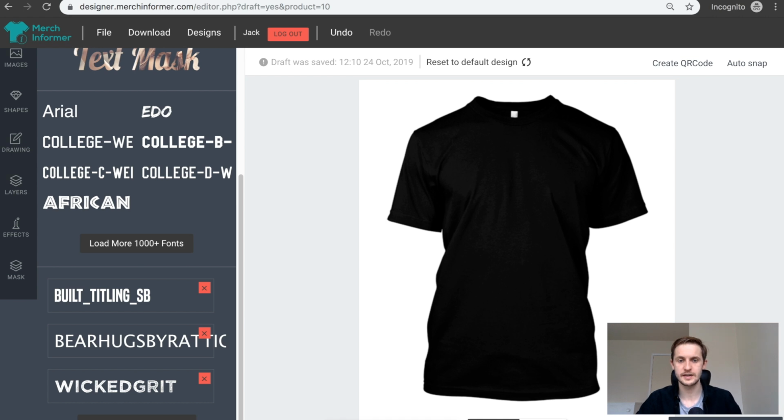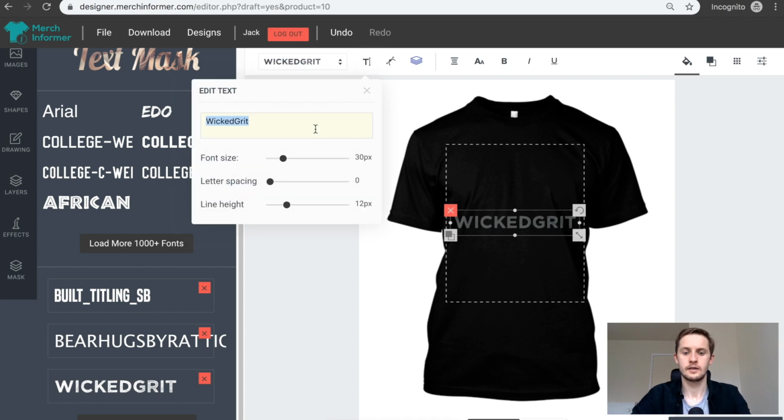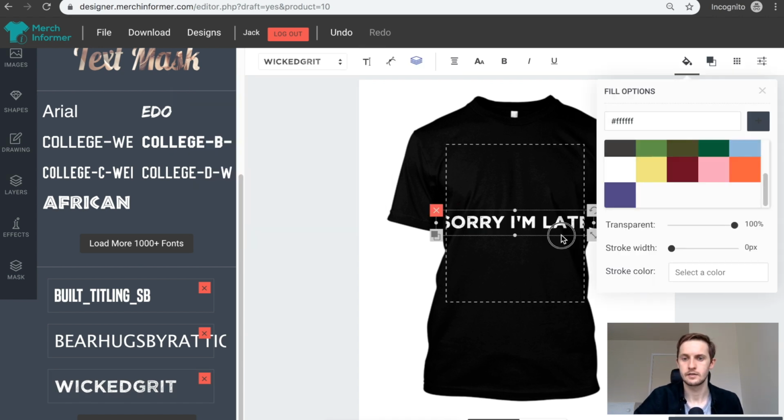Let's say we're in the Merch Informer design tool, and this works with practically anything. You have a phrase, and just to see how quickly you can create a design that's valid for a niche, let's say we take the template, which is "Sorry I'm late, I was fill in the blank." It's like that sarcastic novelty phrase on shirts, which seem to sell very well. And then I include in the PDF a list of free fonts that I use, but I also bought a lot of font bundles that I continue to use regularly. So think about buying fonts. I know Young always recommends, buy your fonts, and they have a lot of value, especially if you can stand out. And so let's say, for example, we take this font, and I'm going to do something like,